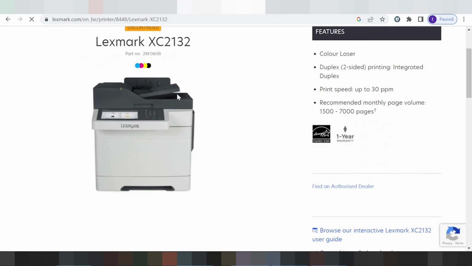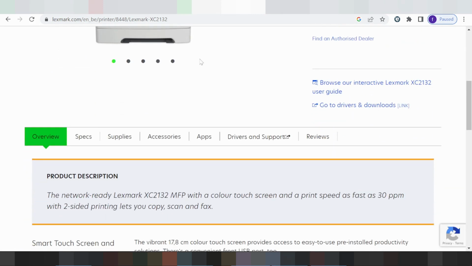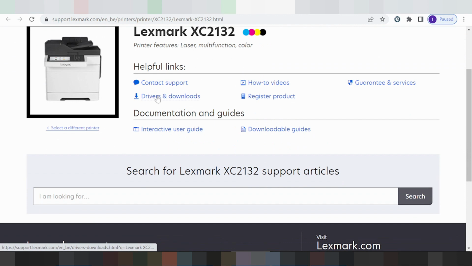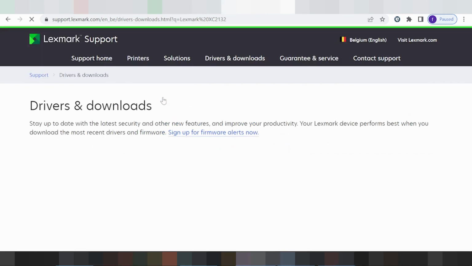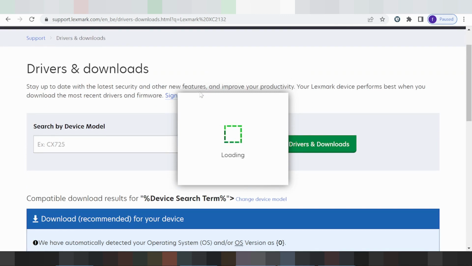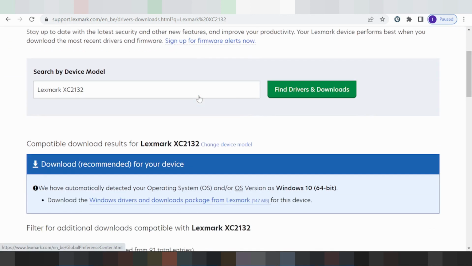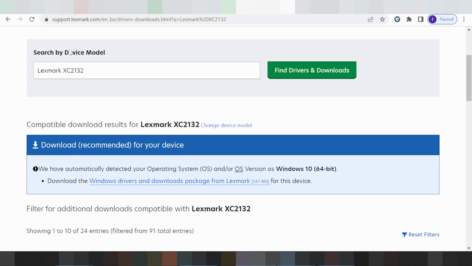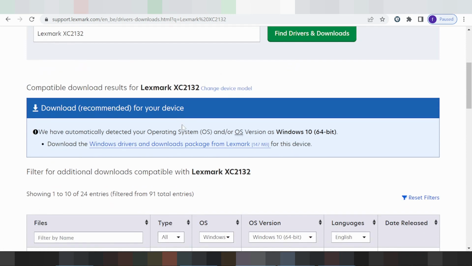And this here is the printer. You scroll down, this here is the title Driver and Support, click here for the title. And this here is the title Driver and Download, click here for the title and swipe. This here is search model print, and this here is the tag for automatic operating system, and my operating system